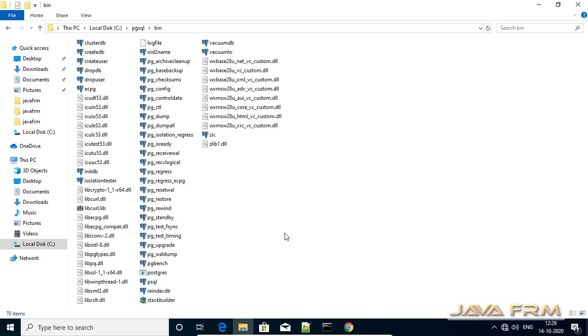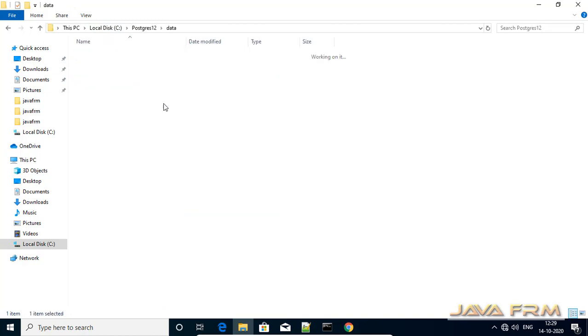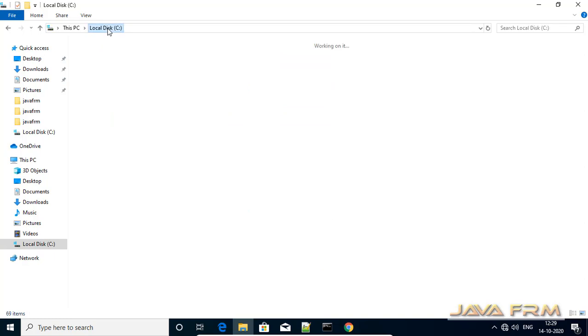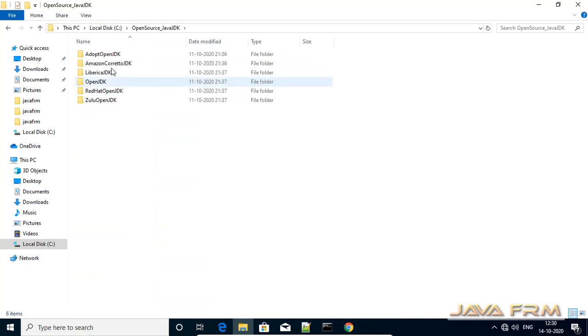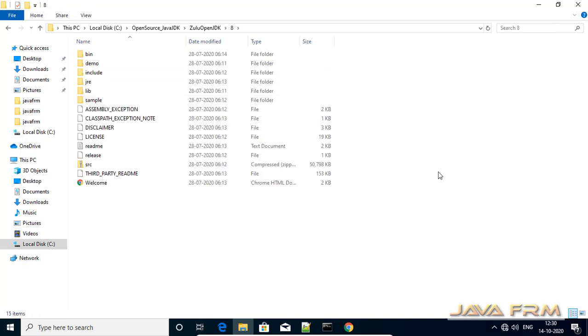So here you can see that I have already installed PostgreSQL 12 database, and this is the PostgreSQL 12 installation directory, and this is the PostgreSQL 12 data directory where all database information is stored. And here you can see that I already installed Azul Systems Zulu OpenJDK 8, which is the clone of the OpenJDK 8 project, and it's a free to use OpenJDK